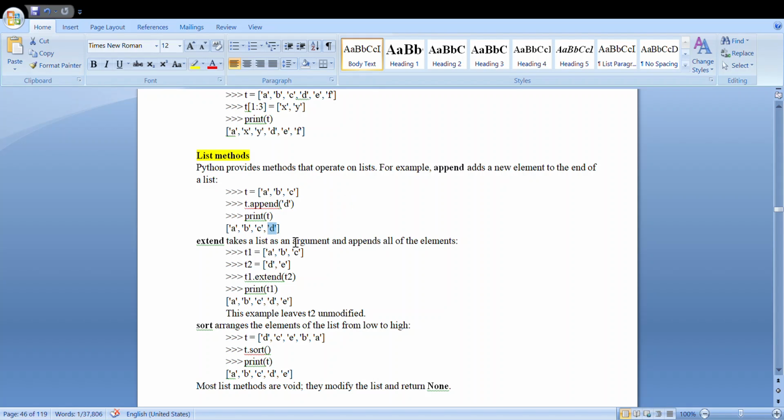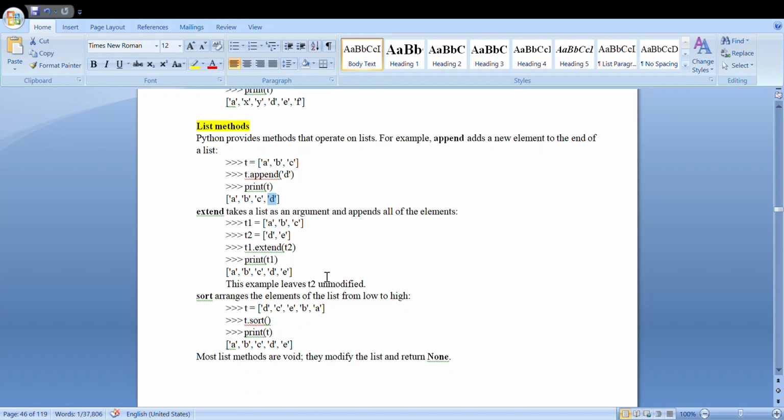This is one method, the append method, and the next is the extend method. There are two lists here: ABC is list T1 and DE is list T2. Now when I use T1 dot extend of T2, my T2 list will remain unchanged, but I am modifying the list T1, that is I am extending T1 by T2.